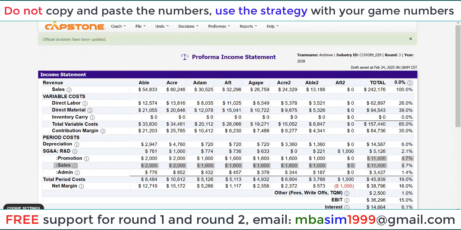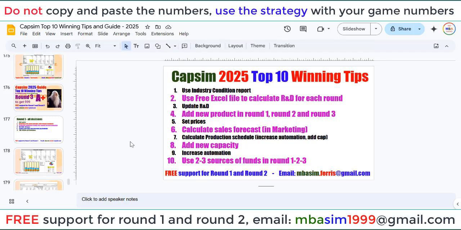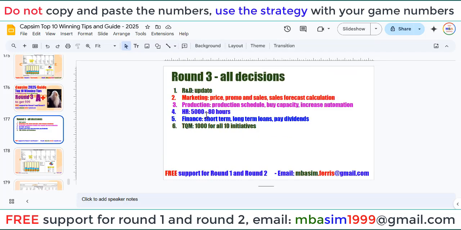Now we review the decisions for the round. So for round 3 we update the product, add a new product in round 3, set the price, calculate the sales forecast, add new capacity, and adjust automation, and use 2 or 3 sources of fund to have enough cash, right? So that's all the things we do for round 3, and we are going to have top results. I